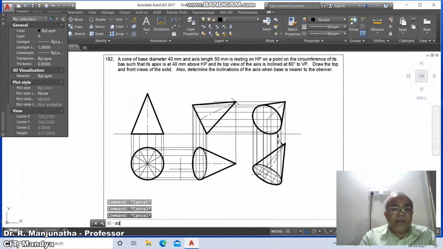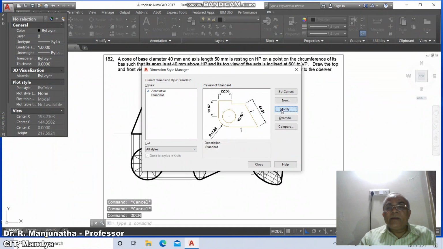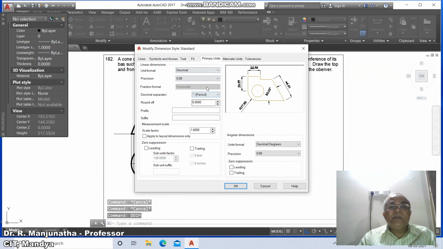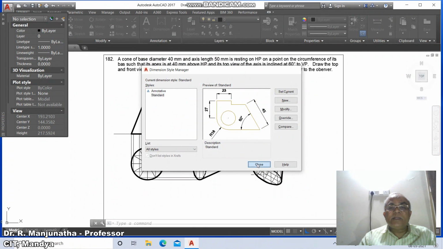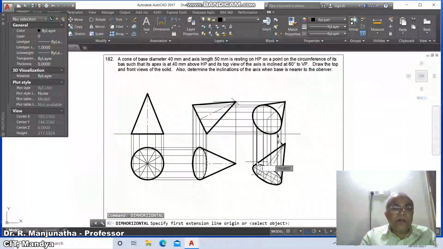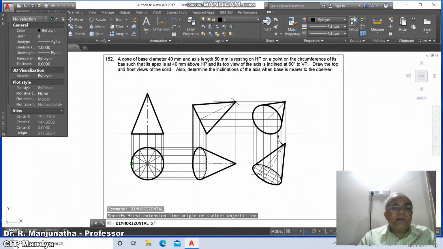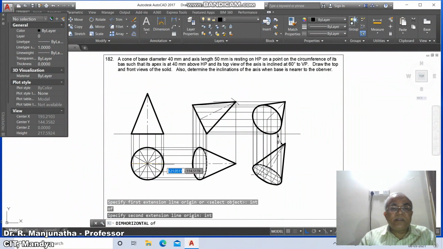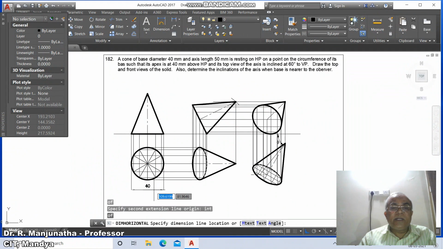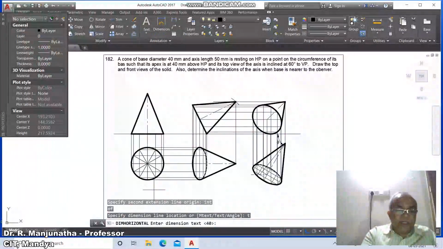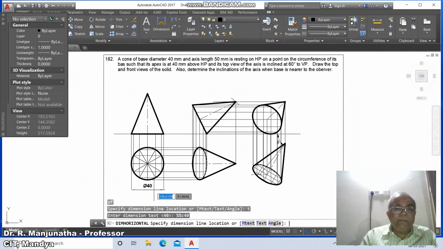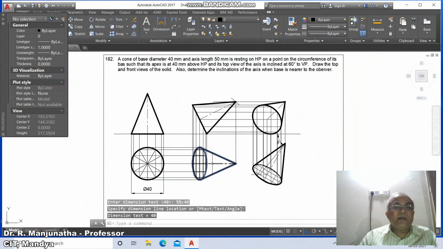Then we will go for DDIM, modify, then go to primary units, make it 0, and make this angular also 0, and say OK and say Close. So dim horizontal, take the intersection of this and of this, and here you are going to get the text. Type %%C40, then take the dimension.